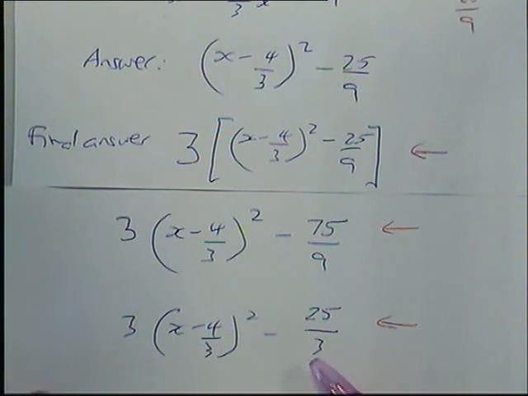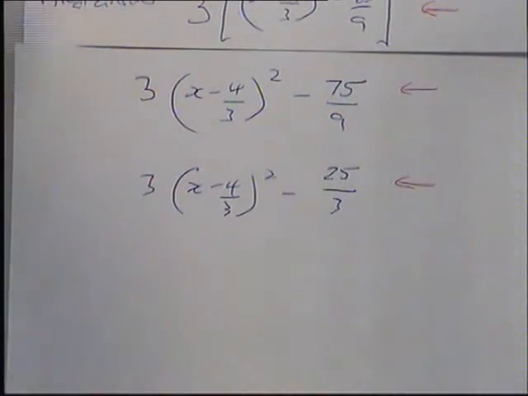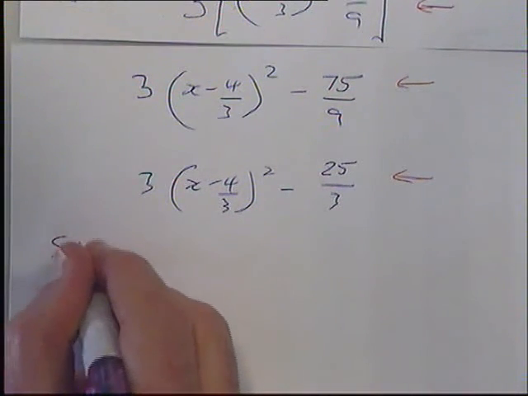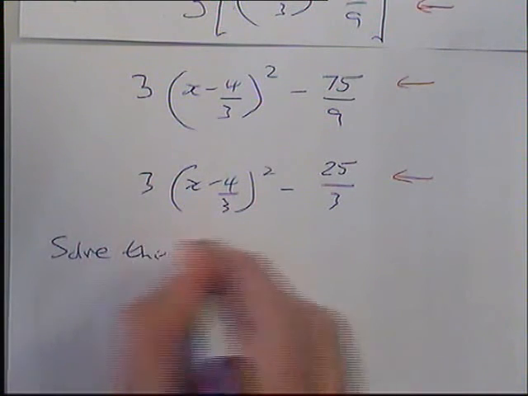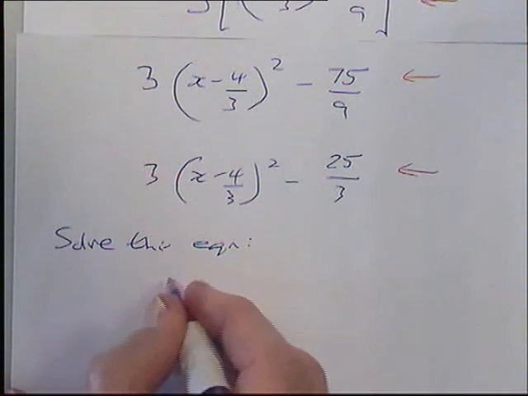Is that the final answer? Yeah, any of those 3 are fine. It depends on what you want to do with it, maybe what the context of the question is, if it asks you to write it in any particular way, anything like that. So you could leave it in the square bracket? Yes, you could, unless it asks you to do anything else with it. If you were then going on to solve that equation, if we were then asked to solve this equation, okay, assuming it equals 0,